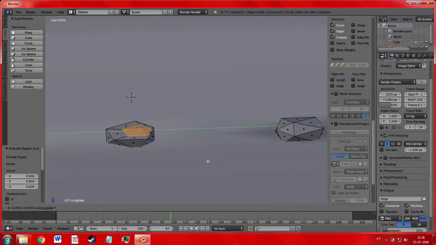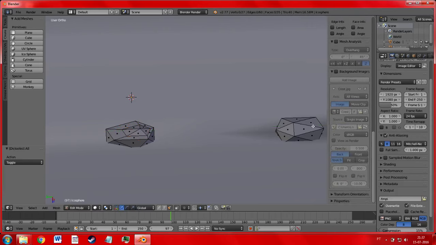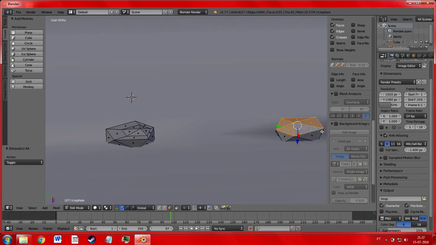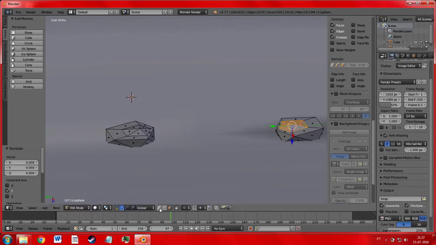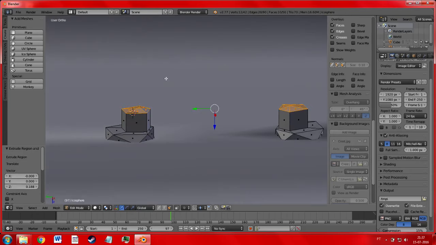And I'm gonna move this by 0.5. Whoops. Grab it, move it on Y. And I want to do about 0.05 negative. I'm going to do the same on this side. So scale, extrude, scale 0.6, grab on Y 0.05. Now I'm going to select these faces here, extrude them out,